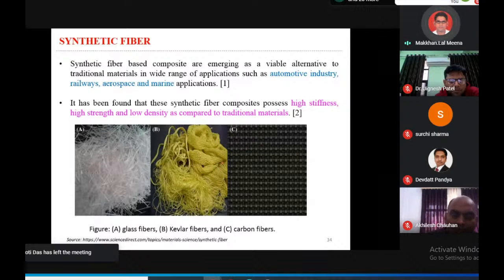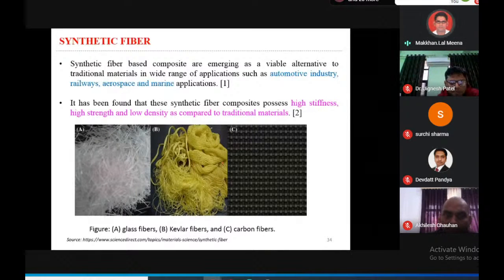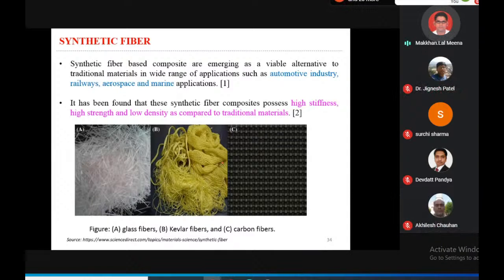Synthetic fibers are made from different chemicals having their own properties. Fibers produced from these polymers include nylon, polystyrene, acrylic, polyethylene, etc. Synthetic fibers are longer and long lasting. It has been found that synthetic fiber composites possess high stiffness, high strength, and low density as compared to traditional materials. Out of various synthetic fibers, the three most common used in composite industries are